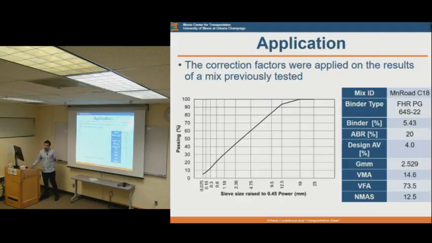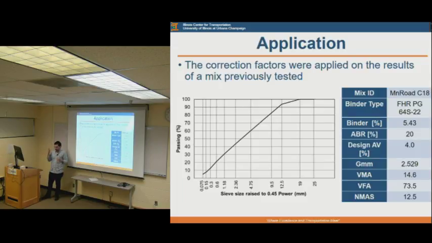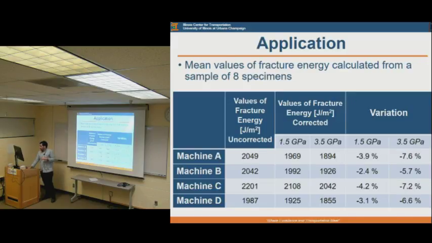So this is the material that we have tested. It's also a material that we have tested in the machine comparison study. I'm not going to go into the details because it's just a single mix this time. Now, if you look at the results here, we have the uncorrected data, and you can correct this for the machine compliance for the range that we have provided, and actually see the percent